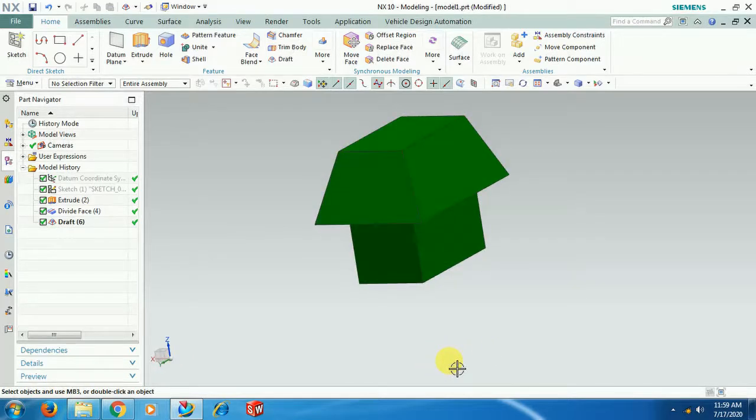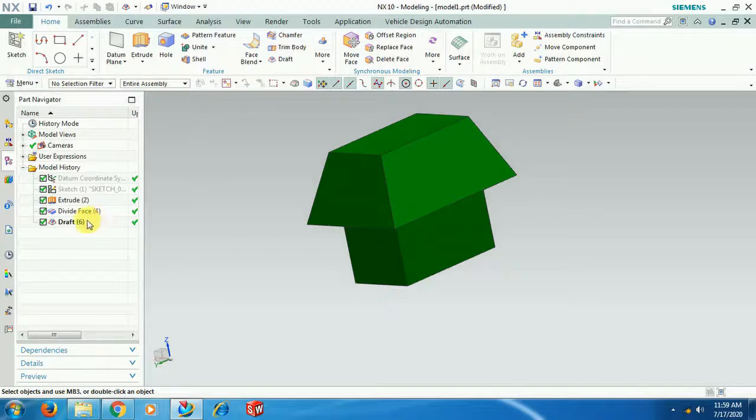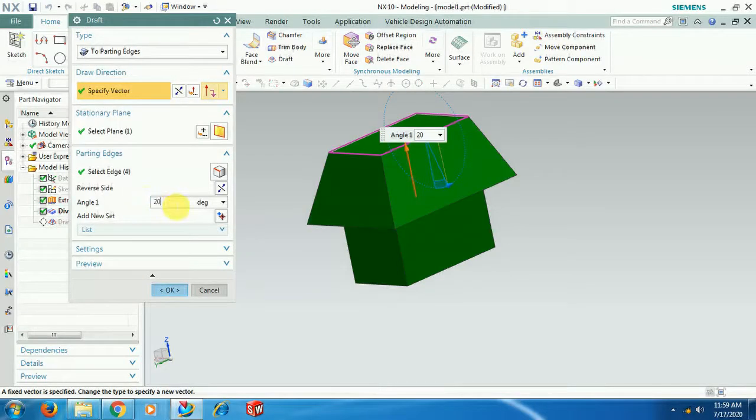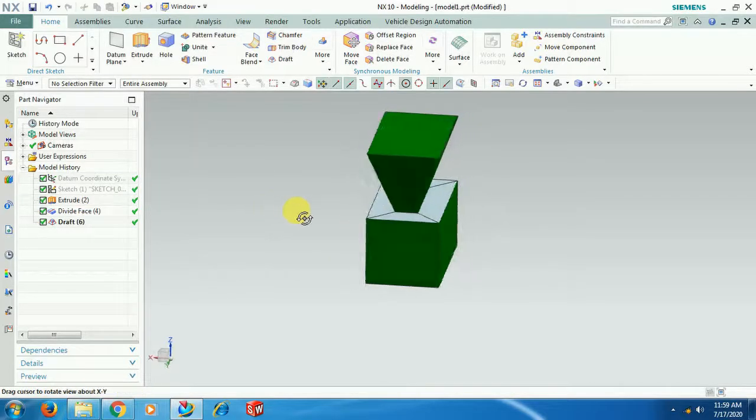For multiple faces up to that parting edge, this is one output. Then if I give minus 20 degrees, see the output. See here, this is the second output.